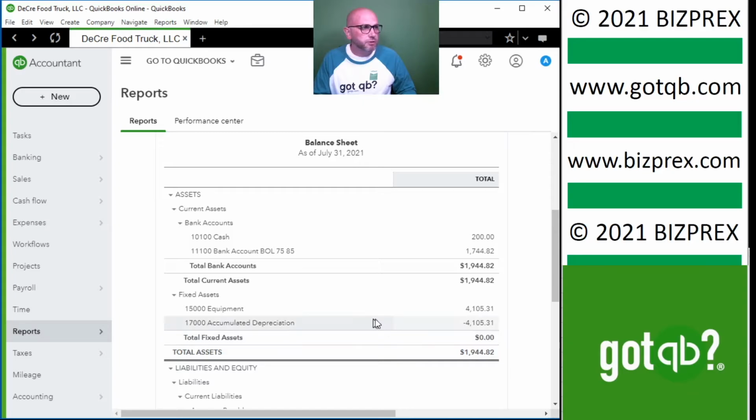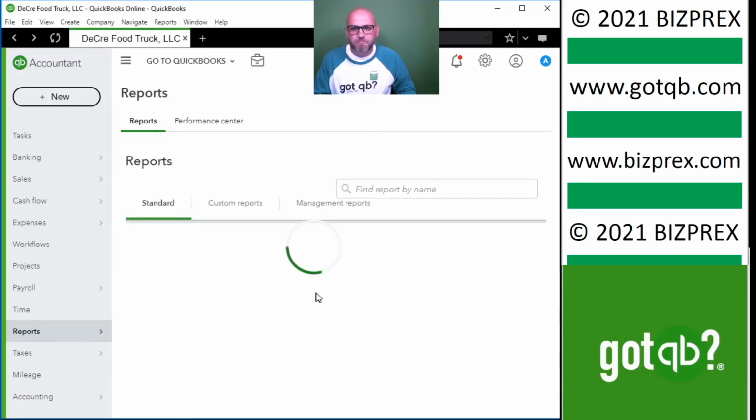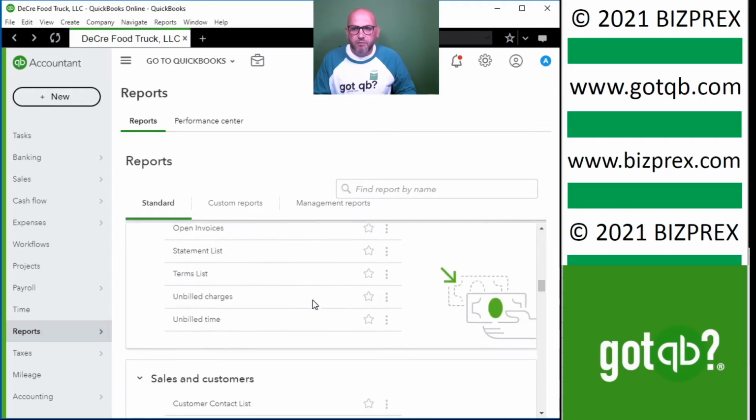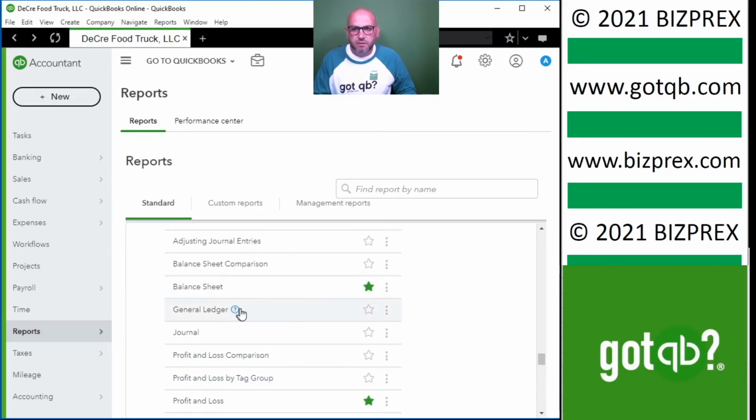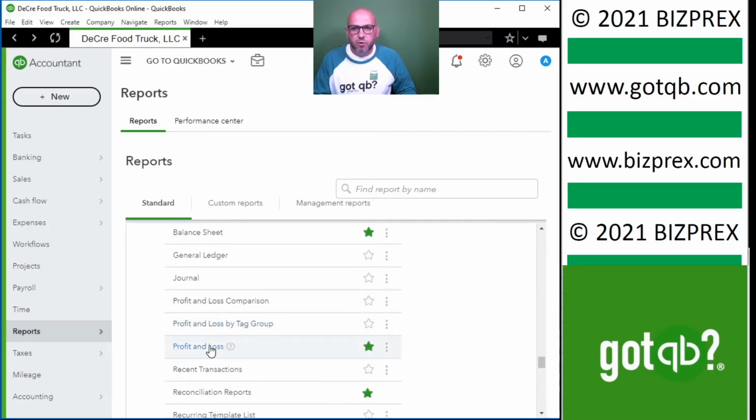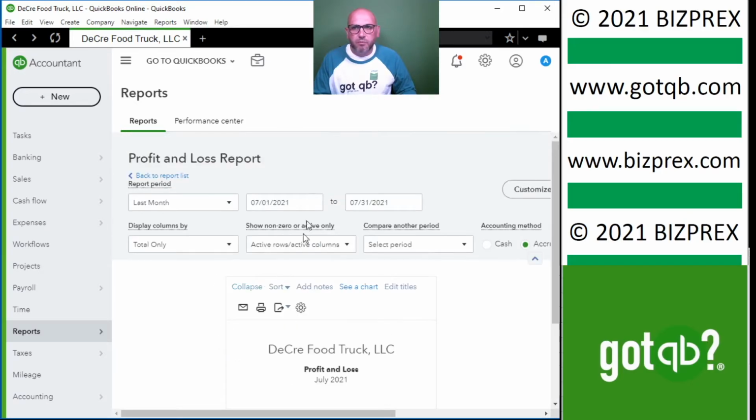We posted our adjusting journal entries, we would print our balance sheet, and let's run the profit and loss report so that we know how much taxes we're going to pay, or at least what our taxable amount is. So let's go back to the reports. All right, we have it under favorites, but I still want to show where we could find it. And again, here it is, my accountant, profit and loss, right? Profit and loss is something that we run over a period of time. So we want to know during the year 2020,